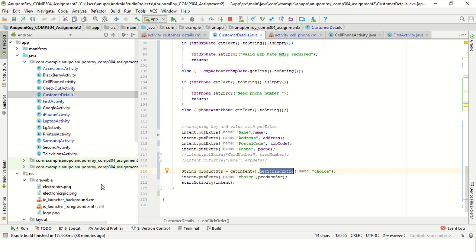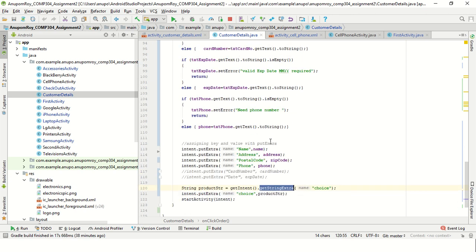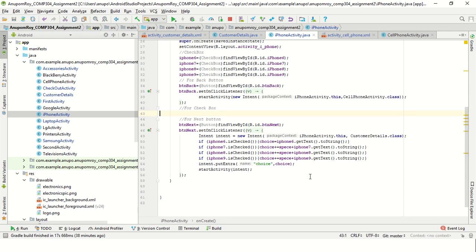I think iPhone activity was the one before, right? Yeah, if you go to the iPhone, okay, let's close some. Oh, okay, so if we go there, iPhone activity, and then see here is start customer details, and here we